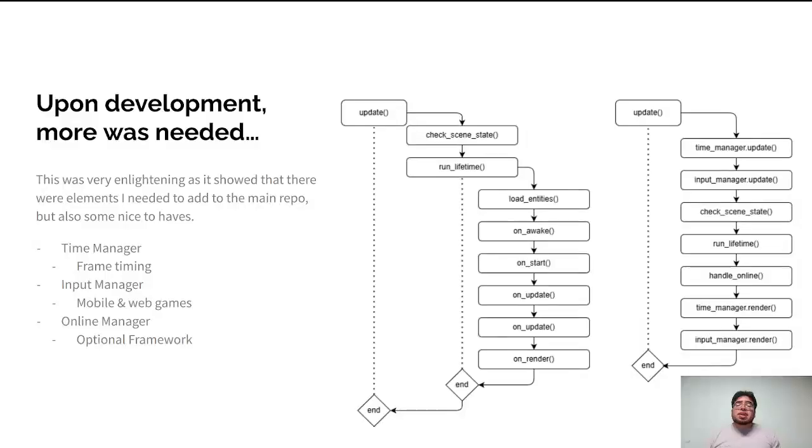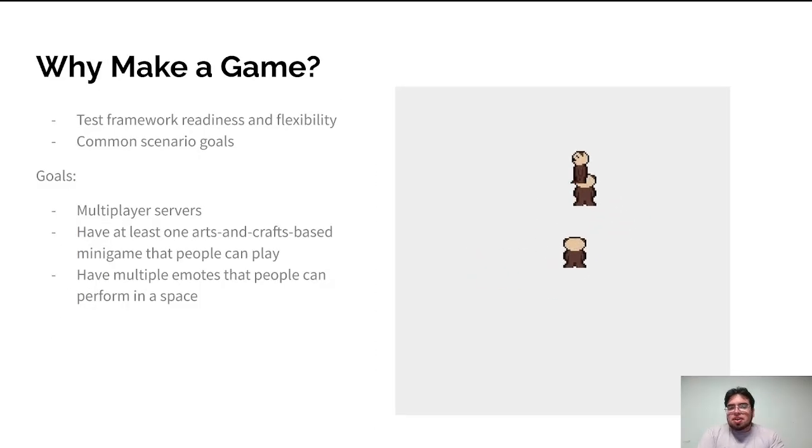Upon development though, I realized that there were a lot of things I really needed to add within TurbECS to make it more akin to other game engines. One of the big ones was a time manager that would track the amount of time between each individual frame. This matters a lot. So for instance, to get back to the previous slide here, these otters, these are players managing each individual otter, but they don't move dependent on the amount of frames that have passed, but rather the time in between. We use the time in between each frame, the delta time, for those who've used